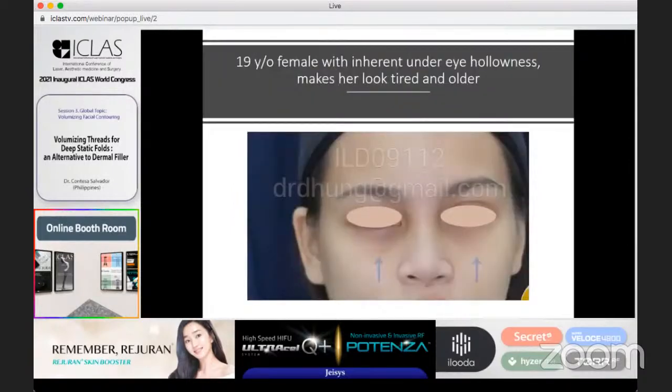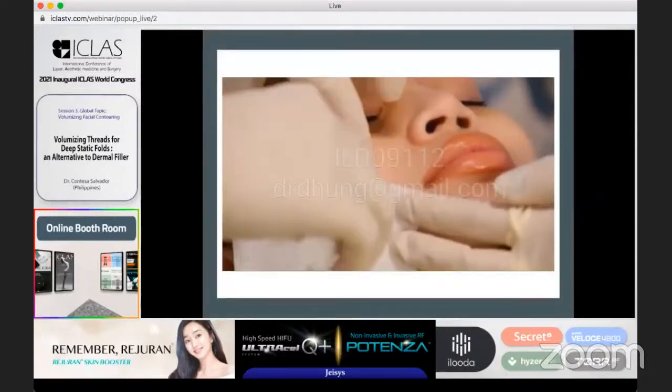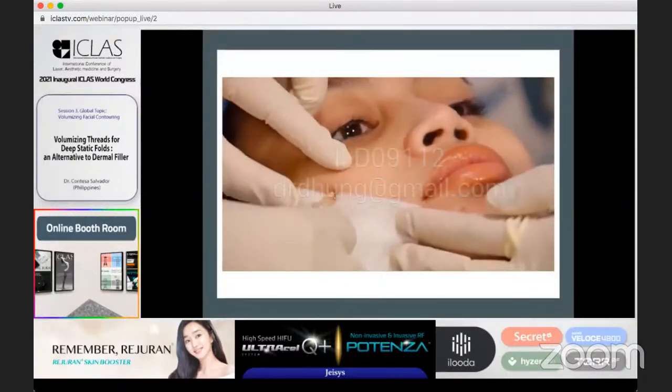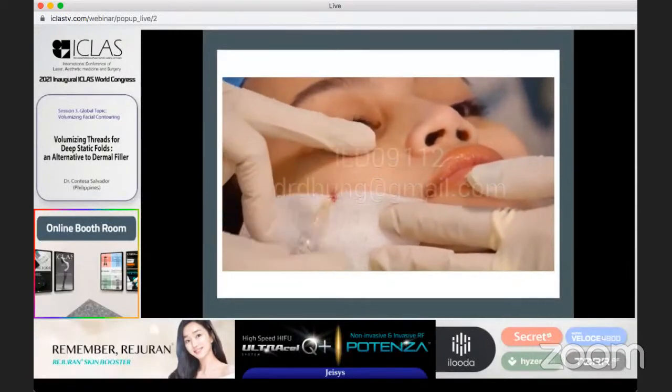Another case of under eye hollowness and dark circles from a 19-year-old female who was saying she looks older because of her eye appearance. The procedure I had done for her was injections of low molecular weight hyaluronic filler in the tear trough region. And after that,